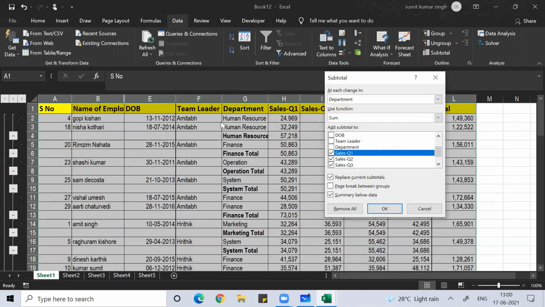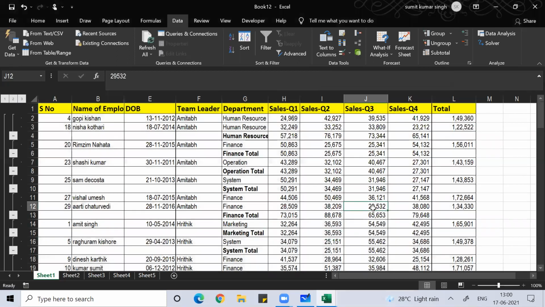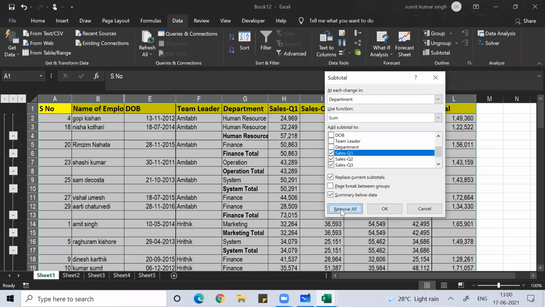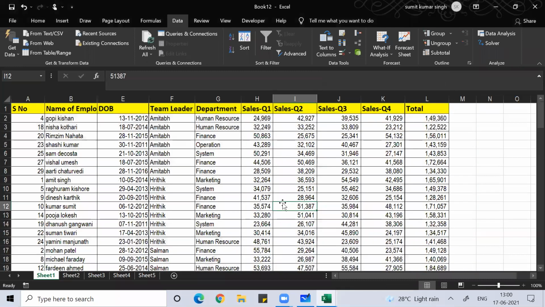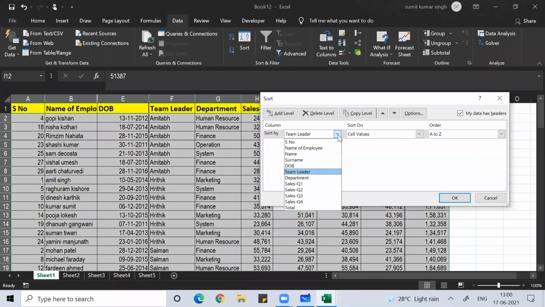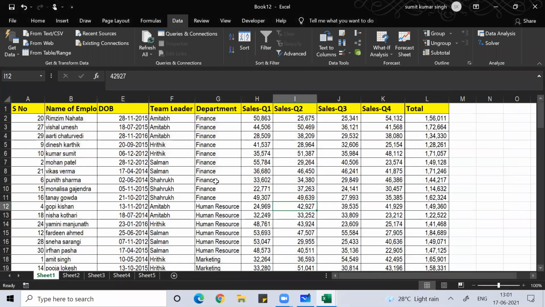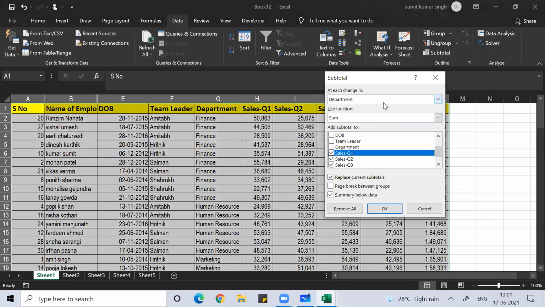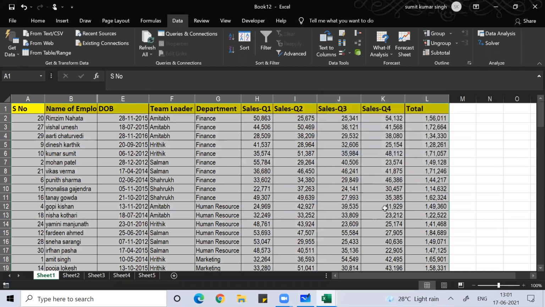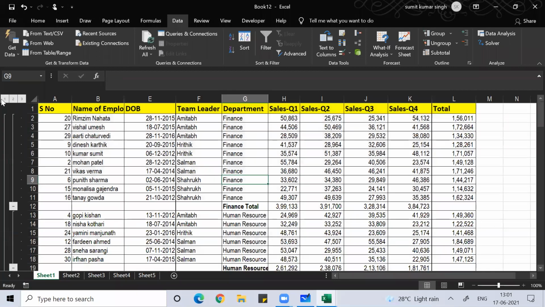You see two human resource, one finance, one operation, again finance. If you're doing subtotal, make sure your data is arranged in ascending or descending order first. So sort A to Z or Z to A on department, then go to Data, Subtotal, and do it department wise.